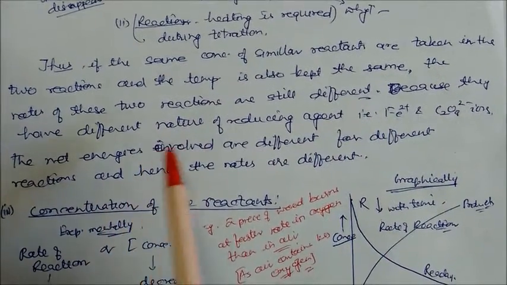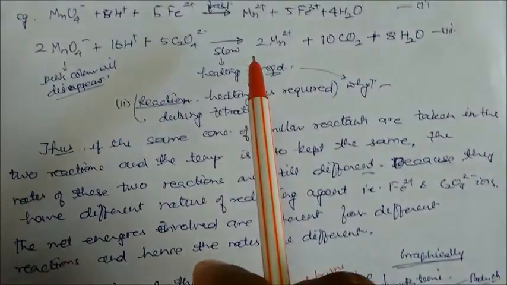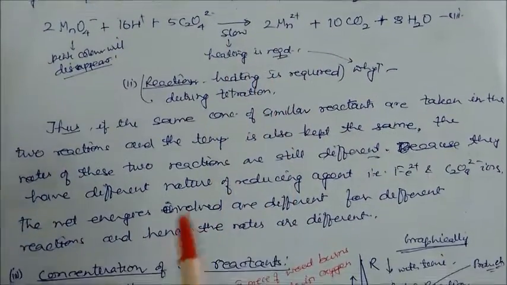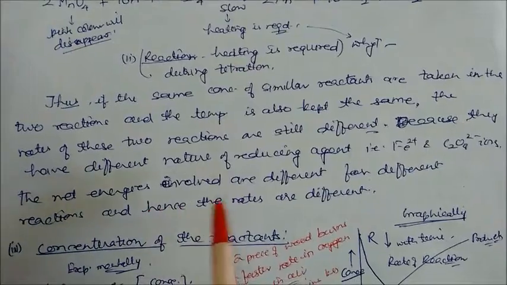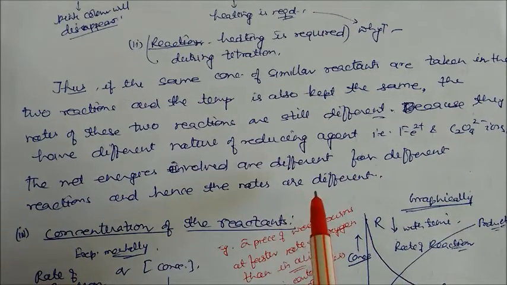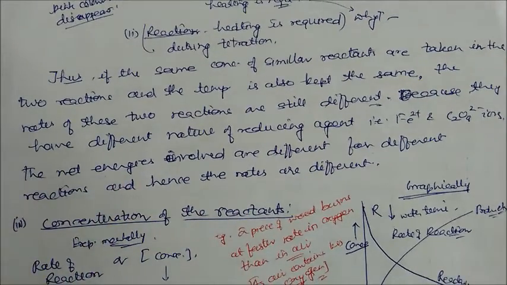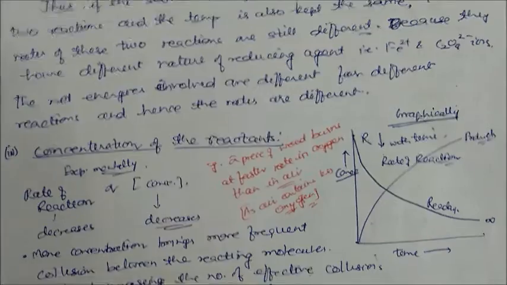Why? Because they have different nature of reducing agents. One is the iron ion, the other is the oxalate ion. So the net energy involved is different for different reactions, hence the rates are different. This is the main reason: the net energy involved is different for the different reactions. Let us go to the second